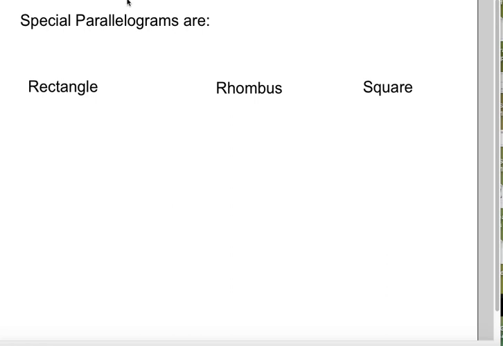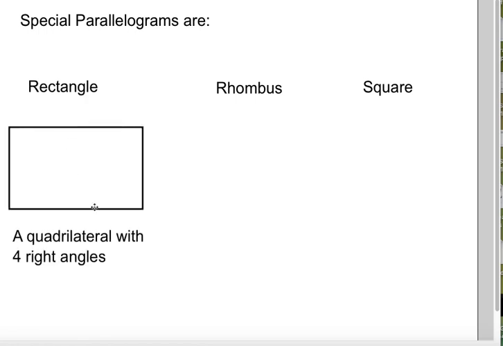Today we are going to look at these special parallelograms. There are three kinds of special parallelograms. There are rectangles, rhombuses, and squares. For rhombus, the plural might be written as rhombi or rhombuses. I have looked into it online and I've seen both options, so just know that you might see it as either one of those. So for rectangles,